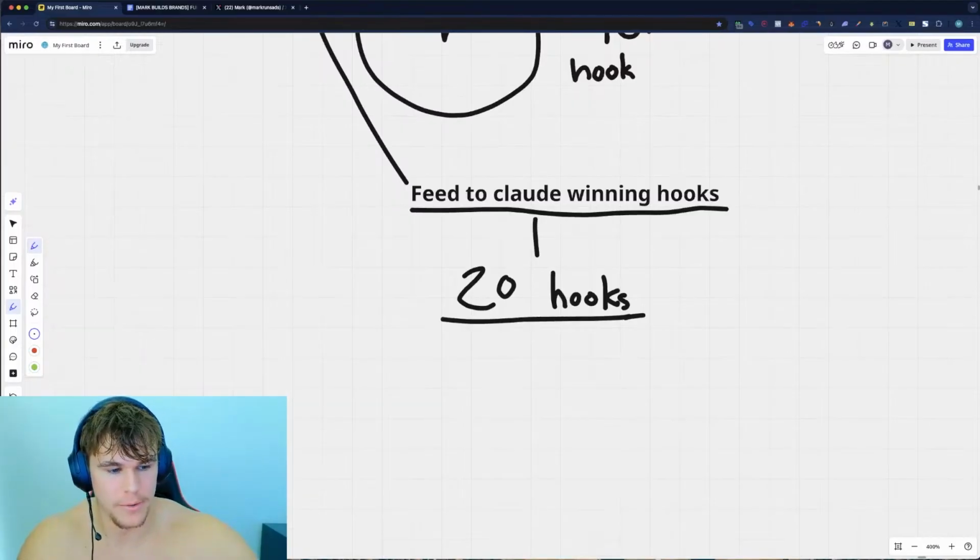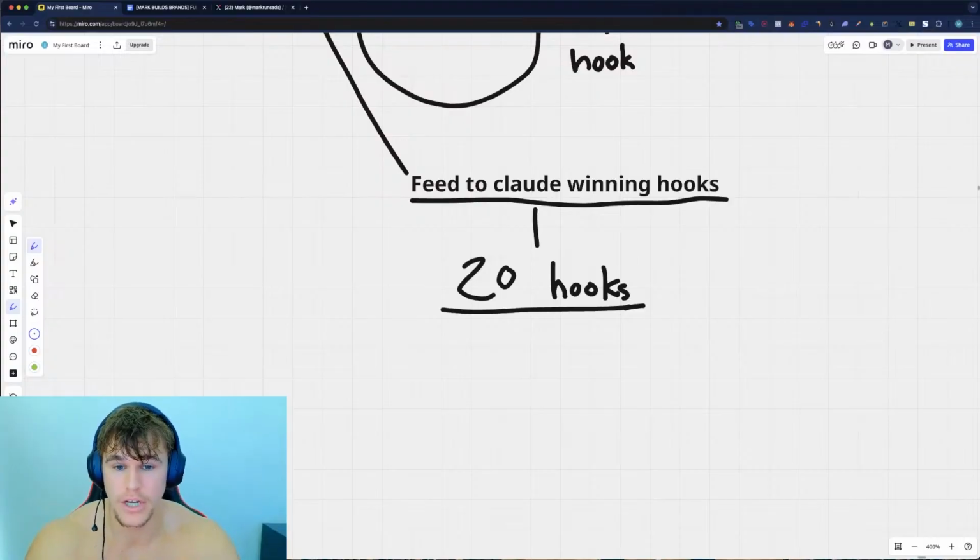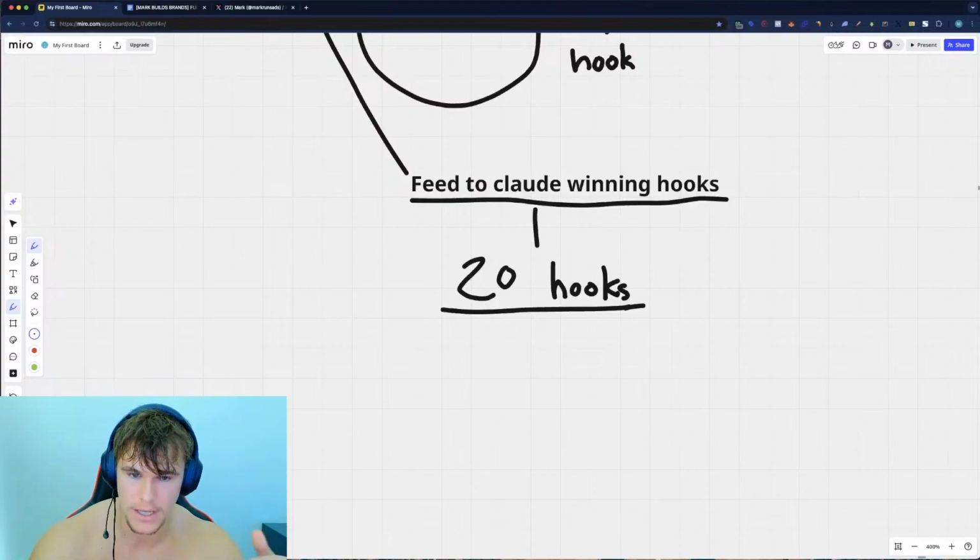This is going to get a little bit technical here, but essentially what you want to do is go to platform.openai.com. You are going to go to fine tuning, and you're going to create a new fine tuning model off of ChatGPT. And what you're going to feed it is a JSON file of all of the top performing hooks, specifically of those ads that you have ever written for your business. What is proven, what is backed by data, and what is the data behind those hooks. So you're like, all right, this hook had an average hook rate of this. This hook was able to spend this, the P&L was this, ROAS was this, CPA was this. You're going to put all of this data into a JSON file.